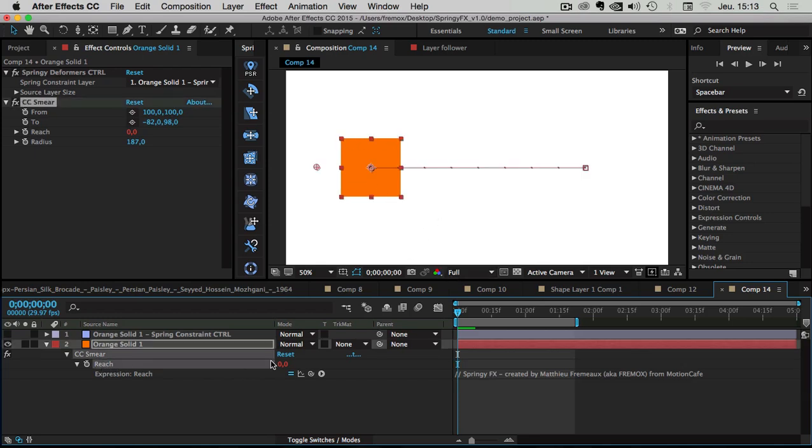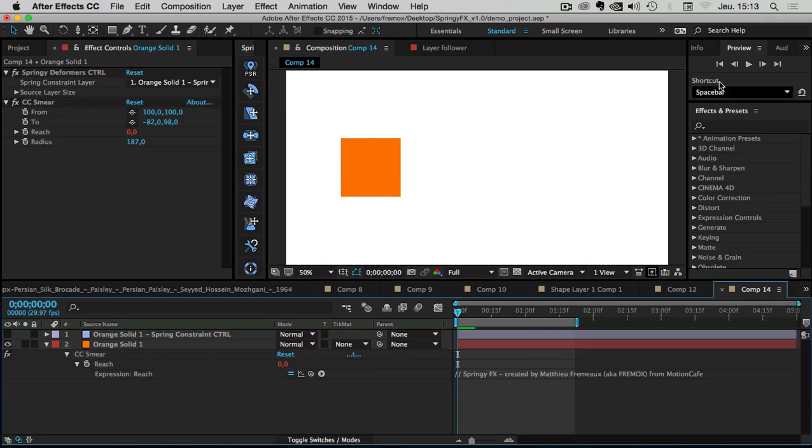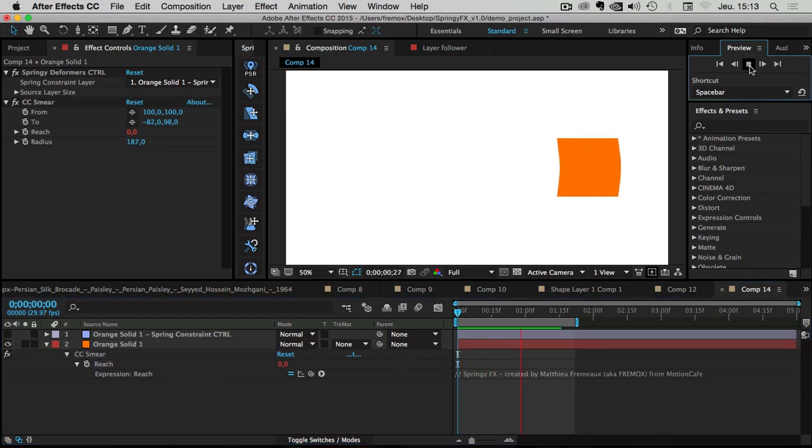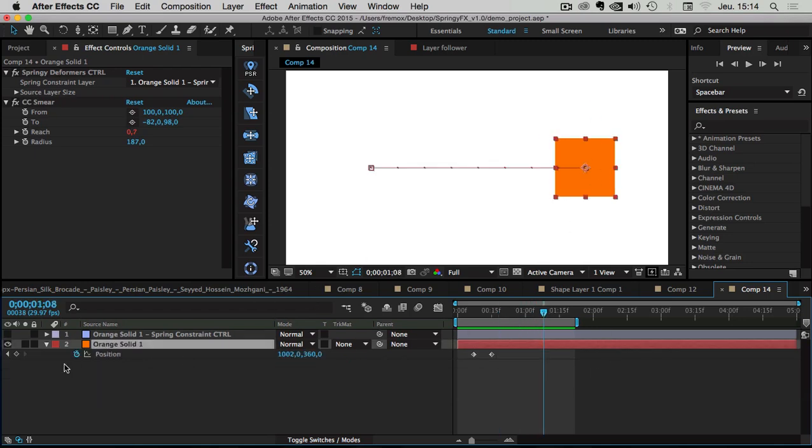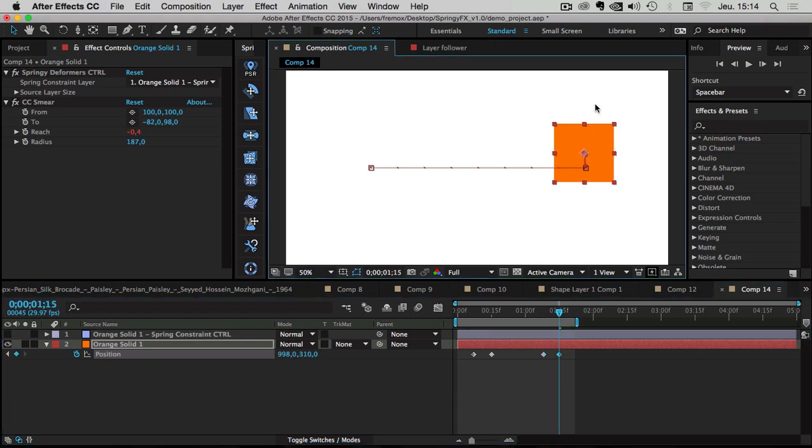So I have re-zero it, and now I can remake a quick run preview. And what is cool now is that you have your layer deformed when your layer is moving on the x-axis. So it's really, really cool since you can add some specific effects when it moves on the x-axis. You can add a second one, for instance, when it moves on its y-axis, for instance. So if I do something like this, okay,